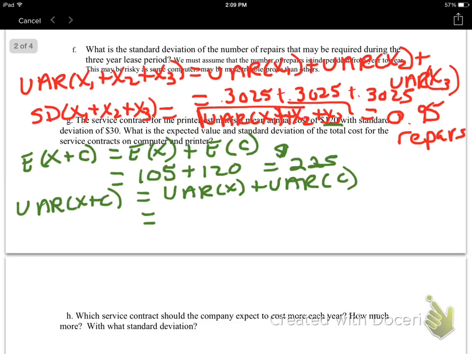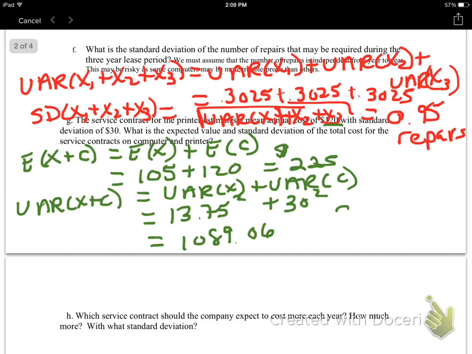So when we square the standard deviation of x, we get 0.3025 plus, and we have $30. Oh wait, no, that's what we got. Well, what we mean with the money? Come on, Schwartz. What did I get? $13.75. Oh, I have to square that. Plus 30 squared. Okay, so 13.75 squared plus 30 squared. I'm wasting all my work so I can't see it. Okay, and so I get